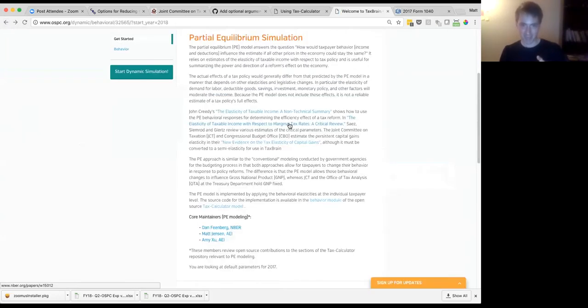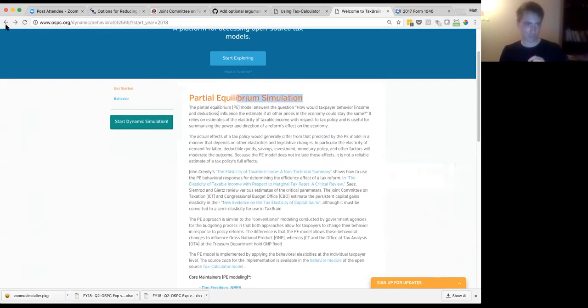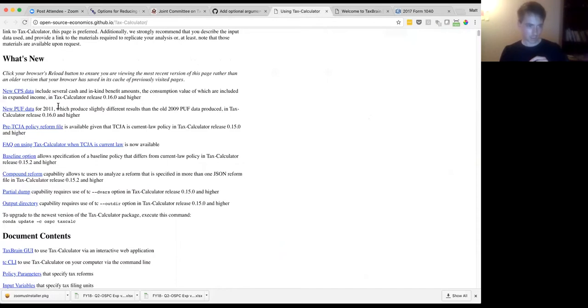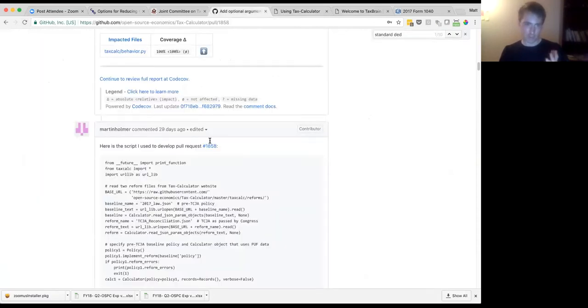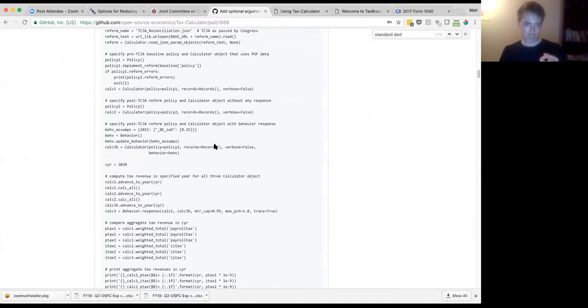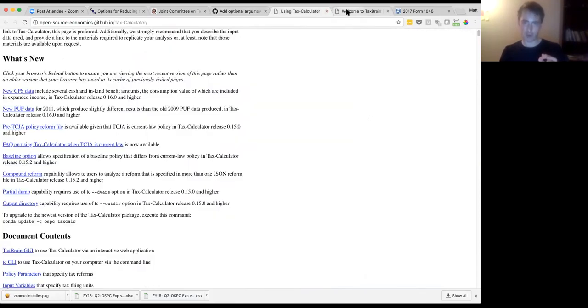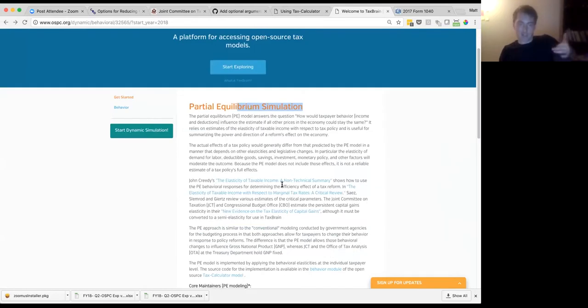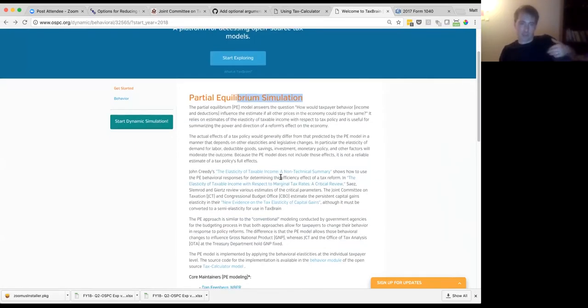Go back, by the time you're done reading this paper and comprehending what's in this paper, you'll be ready to use this partial equilibrium simulation again. That's a pro and a con of having open source models, is that the modeling team at the Open Source Policy Center, we're dealing with this issue. And so I know exactly what happened when I see that number. Right. But if you're just a user,